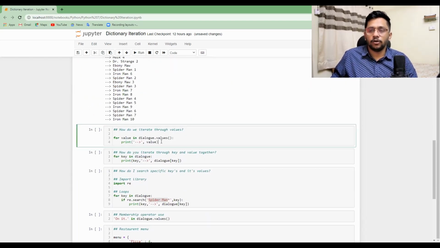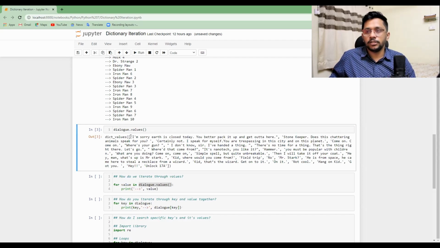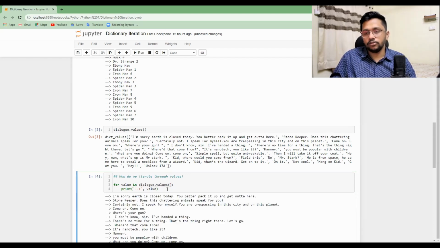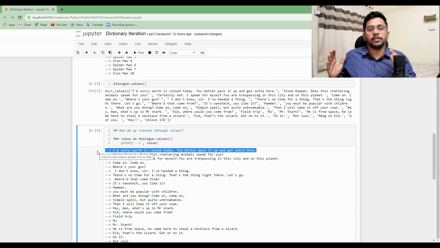Next, how do we find values? If you type dictionary dot values, you will get all the values. Here we are just iterating through them, and when we say iterating, we are actually printing individual line items. We are not printing the whole values as a set. If you want to compare, I could just copy, add a cell above, press Control V and hit enter. Now you see that it's a list, right? One, then there is a second. Here you're iterating through it, so you're just printing one output at a time. You're not having the entire thing in a list.